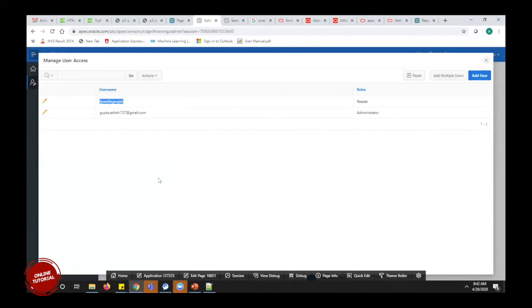Likewise, we restrict a developer from changing any code in the stage or prod instance. They will only have the reader role, just to see if the application is running perfectly or not. Okay.